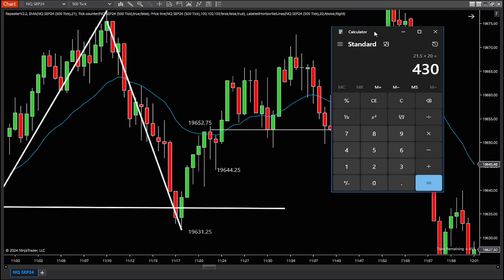Multiply that by 20, that's a $430 risk on one contract. If you're going in on 5 micros, you're at a $215 stop loss. And that's going to be 5 micros. So, if you take that into consideration, that's $43 per micro. So if you went into 1 micro here and you wanted to trade this, okay,